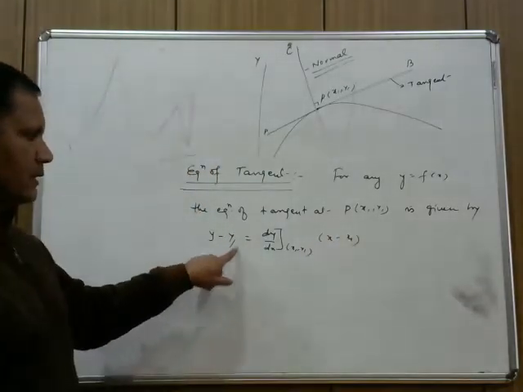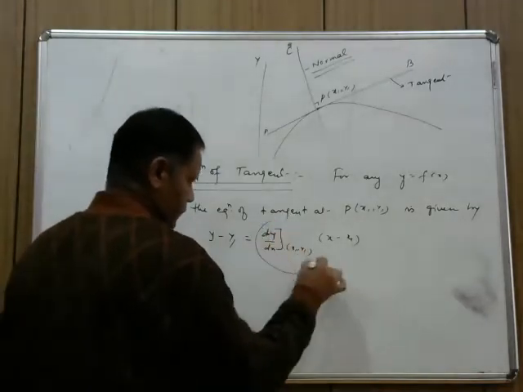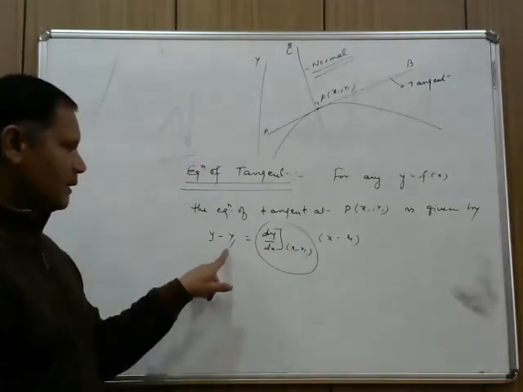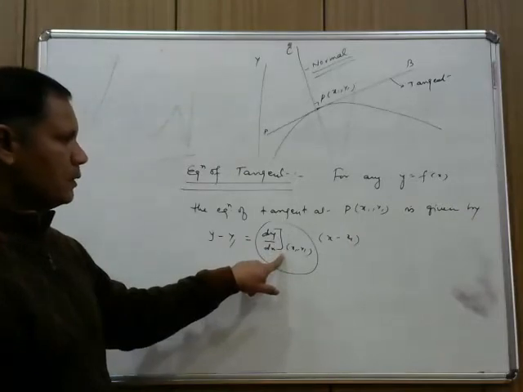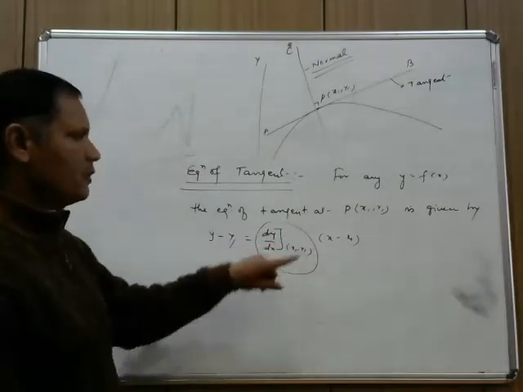This whole is m, the slope. Y minus y1 is equal to slope into x minus x1. This is the equation of tangent,